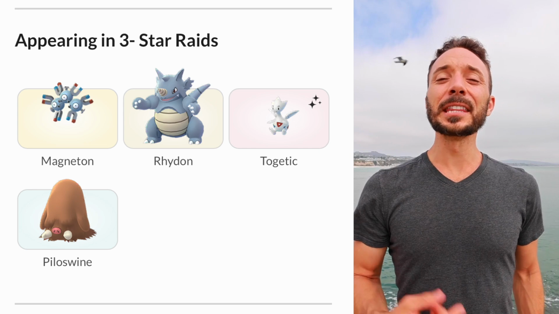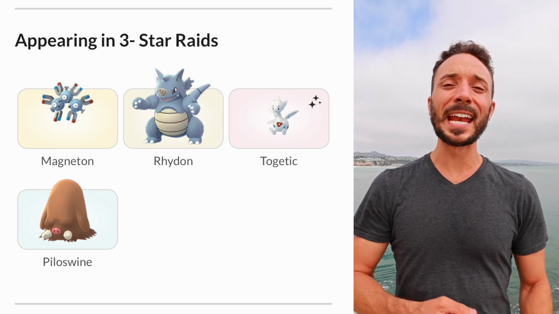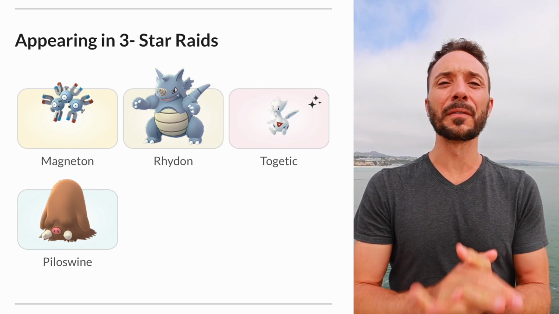Mega Raids do give you Mega Candy. They give you extra potential for the shiny caught as well. So why would you even waste your time doing these specific raids when you can do it with the Mega Forms? In the 3-star raids, we do have Magneton, we do have Rhyperior, we do have Piloswine, and then we also have the Togetic. Togetic is the only shiny in the Tier 3 raids, which then leads us into the